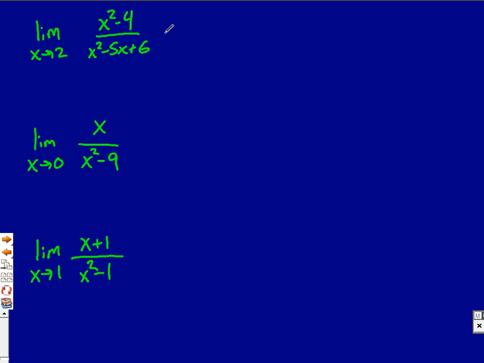All right, hopefully you paused and gave this a try. You get 0 over 0 until you do your factoring here, and make sure you don't do what I just tried to do. I'm not plugged in x equals 2 yet, so I need to make sure I keep that limit as x approaches 2 written there. X minus 2, x plus 2 is how the top factors. Your denominator here, factors of 6 that add to 5 are 2 and 3. So I get both the negative here,